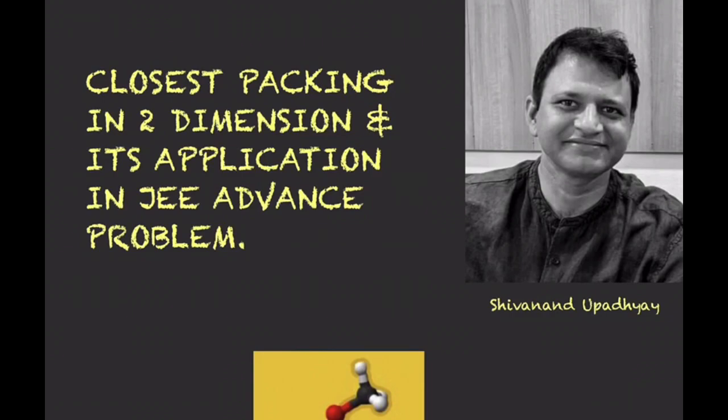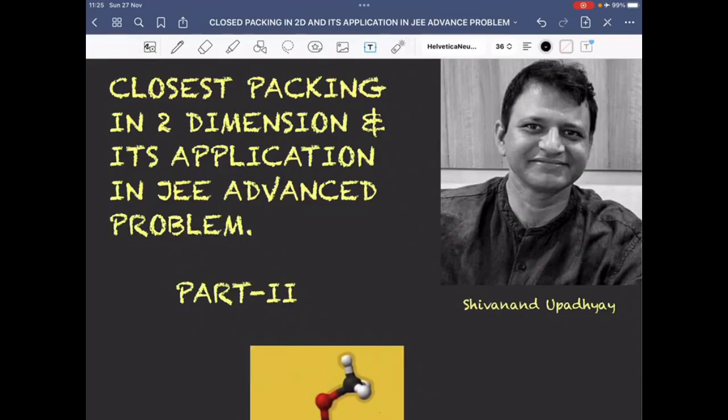आज मैं सॉलिड स्टेट का एक इम्पॉर्टेंट टॉपिक डिस्कस करने जा रहा हूं जिसका नाम है क्लोज पैकिंग इन 2D। यह टॉपिक इसलिए इम्पॉर्टेंट है क्योंकि हमें यदि किसी भी 3 डायमेंशनल क्लोज पैक स्ट्रक्चर को समझना है तो 2 डायमेंशनल क्लोजेस्ट पैक की ज़रूरत पड़ती है। इसके साथ ही JEE एडवांस 2003 की इस कॉन्सेप्ट पर बेस्ड प्रॉब्लम भी हम डिस्कस करेंगे। दिस इज पार्ट 2 ऑफ क्लोज पैकिंग इन 2 डायमेंशन। इन दिस वी आर गोइंग टू डिस्कस JEE